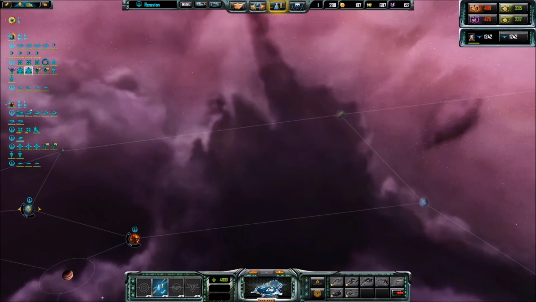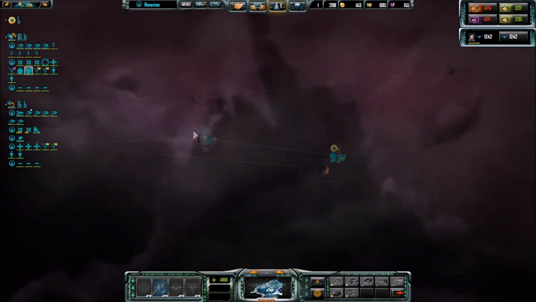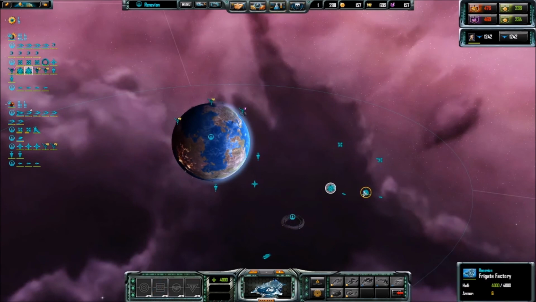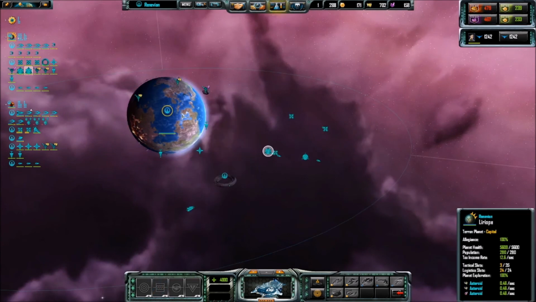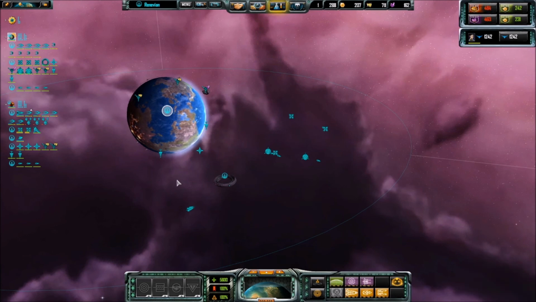I want this planet because it's got all the crystals. So we're going to send our fleet over. First, we need to get the rest of the fleet in line. How many more of these ships are we producing? None. It's all done. Okay. So we're going to send...